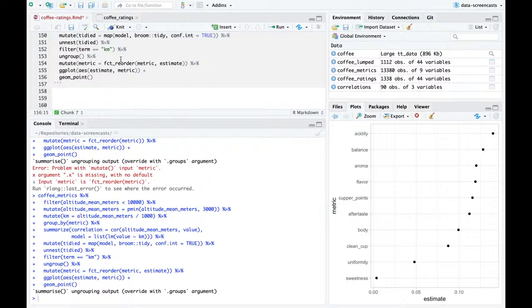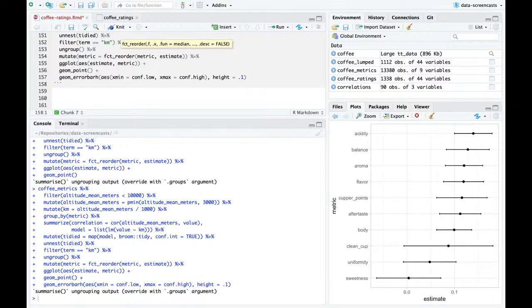And here we have our estimates, but even better, I can add error bar h. X min is conf low. X max is conf high. And let's see. I'm going to make it a little shorter. Here we go. And just like that, what we have is